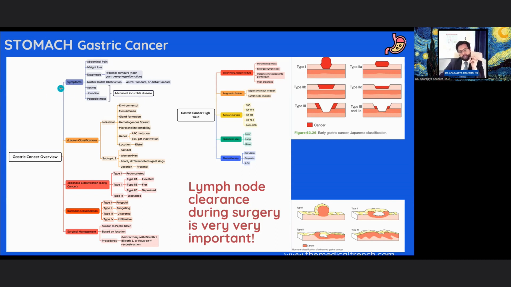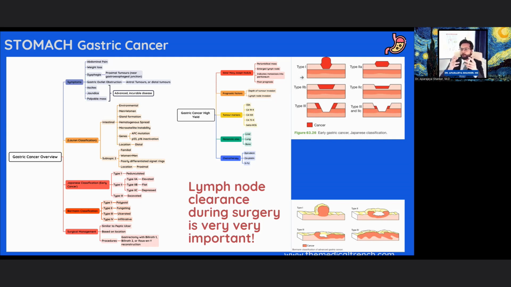But in gastric cancer, you have two types of classification, something called the Japanese classification, which is for early gastric cancer, and the Borrmann classification for advanced cancer, right? The point here is that the Japanese early gastric cancer classification is important because you are going to be asked this on the exam if you have anything related to gastric cancer, right? In this case, the Japanese defined